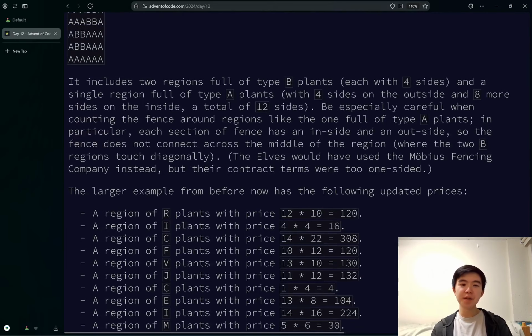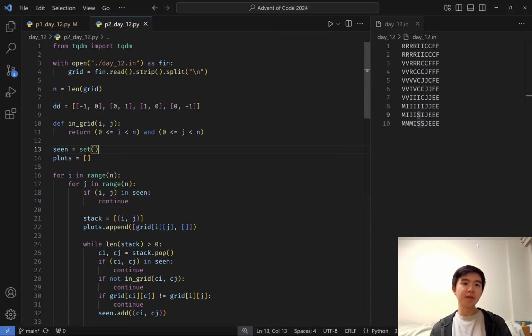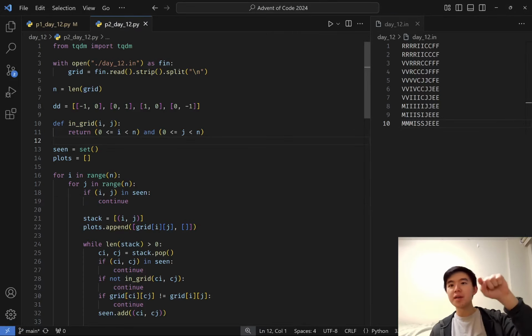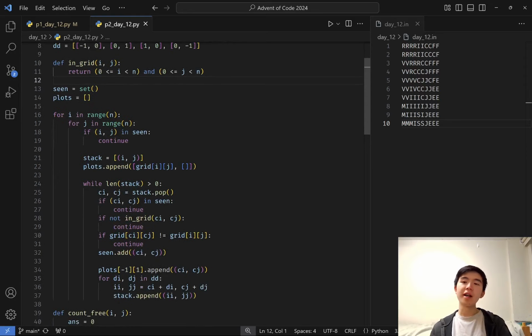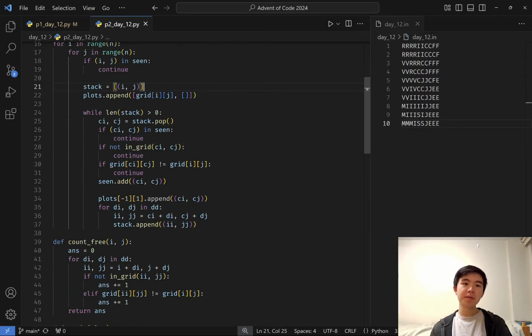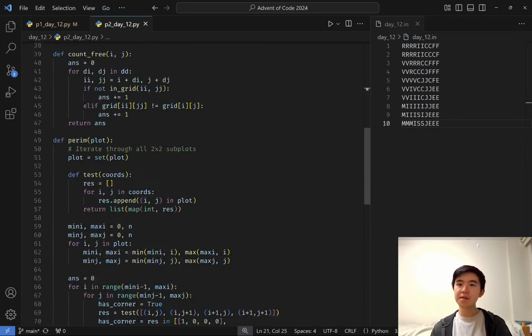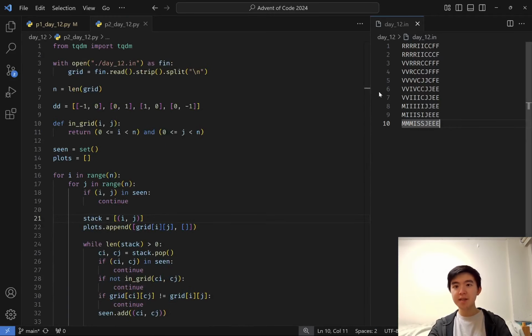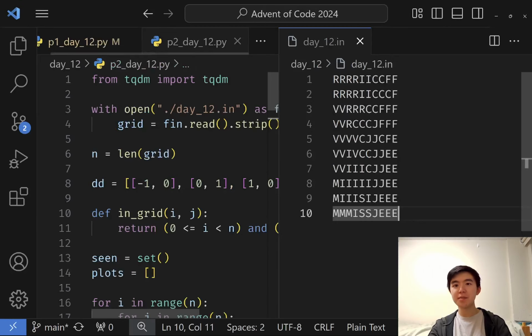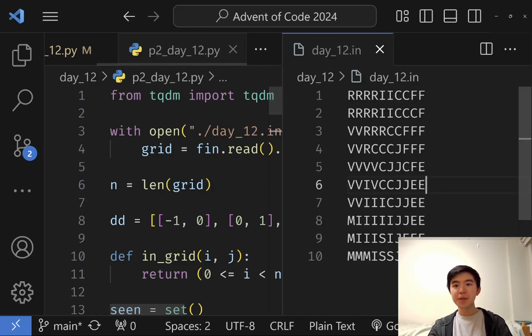Yeah, so to do this, the insight that I had was to note every 2x2 subgrid within a plot and then look at what the pattern is. So, hang on, part 2. Yes. So, for example, let's magnify this input, enhance. So, let's look at the R's, for instance. So, for every 2x2